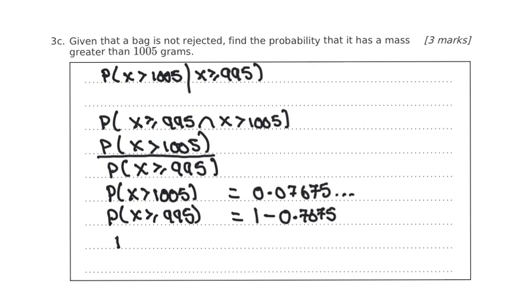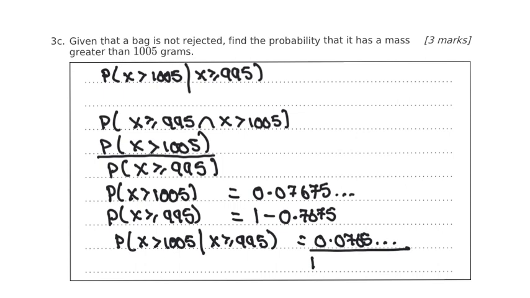So the probability that x is greater than 1005 given that x is greater than or equal to 995 is equal to 0.0765